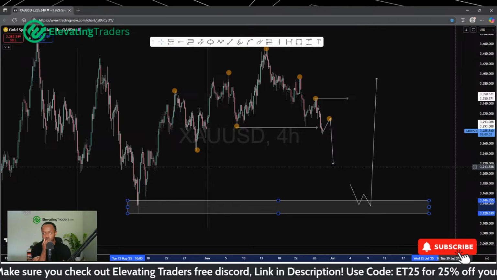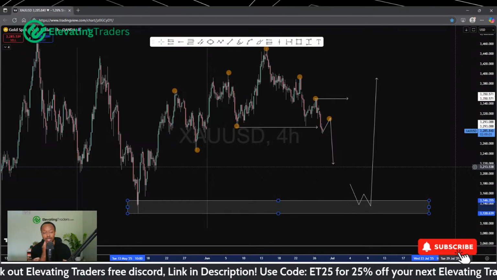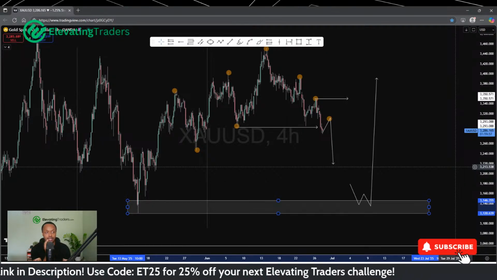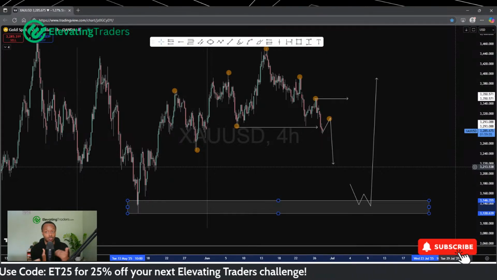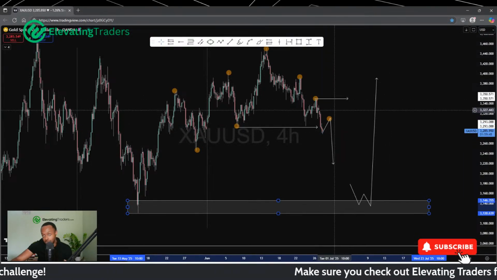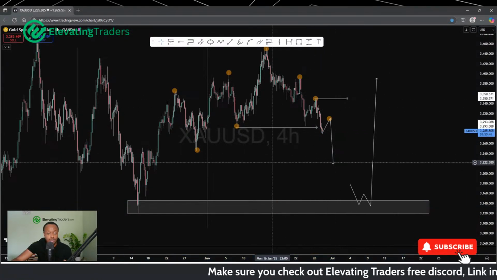So yeah, in terms of trying to predict whether it will rise today or fall today, it's a bit difficult, but what I can say is momentum looks pretty bearish. We might rise today, but I would still deem that to be a pullback as long as we don't take out this high. We might just see the pullback today, but I would expect us to keep falling.